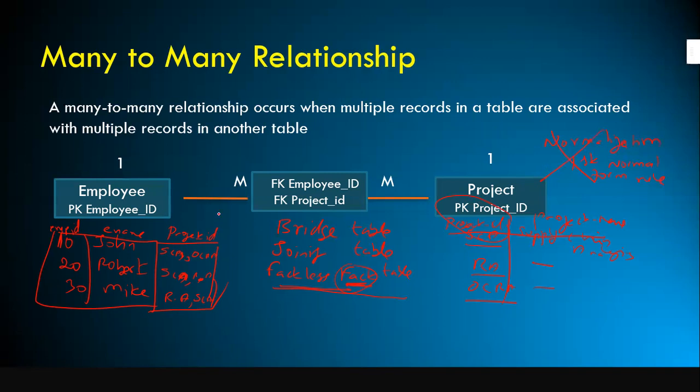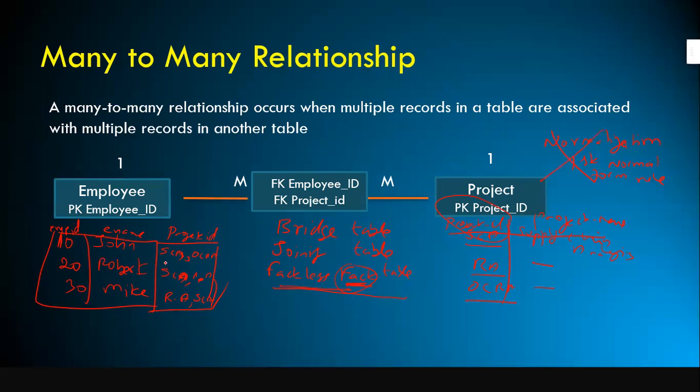Okay, so to address this issue, what is the other alternative in order to deal with this? You cannot have more than one value, but here you have SCA. Either we can have only one project ID here, but John is working on more than one project. So the other alternative is you can create another column here to hold another project, but that is also not the right solution. Or else what you can do is you can add one more record for John.